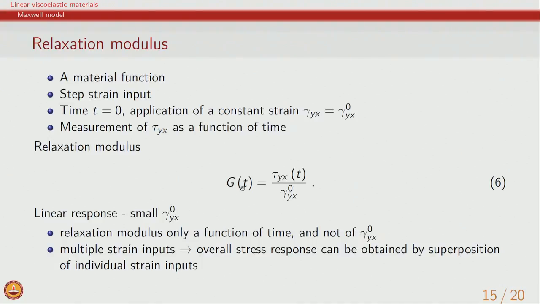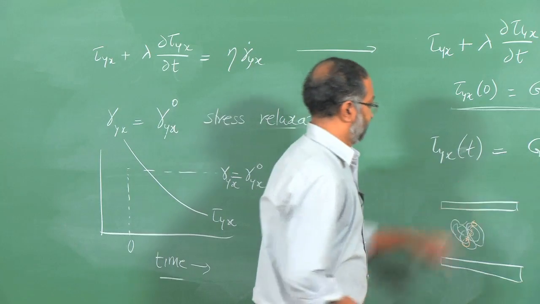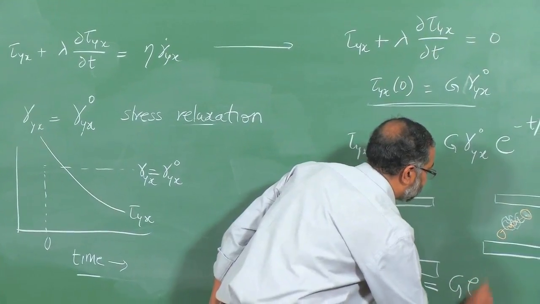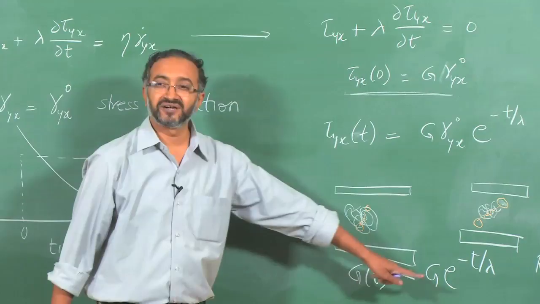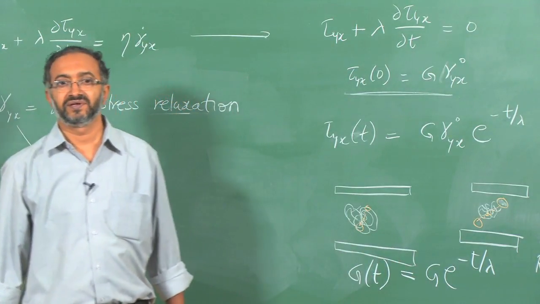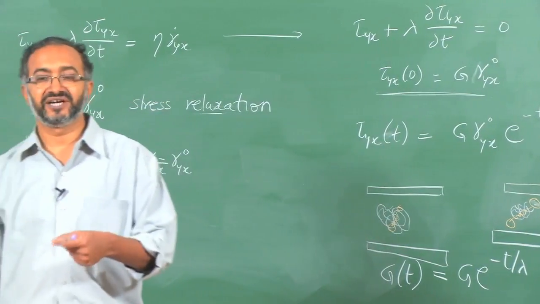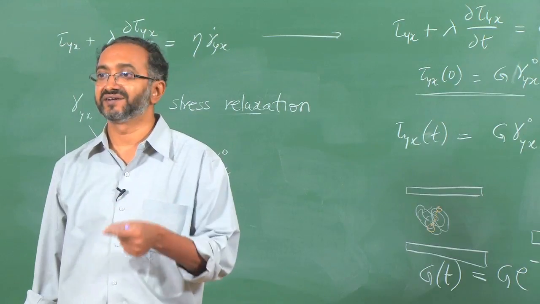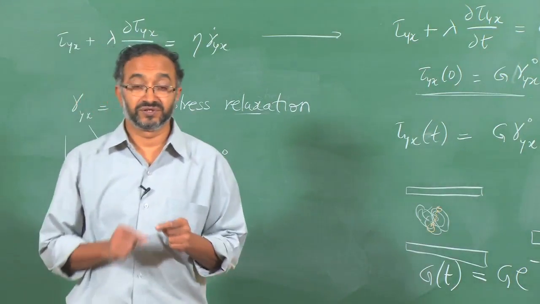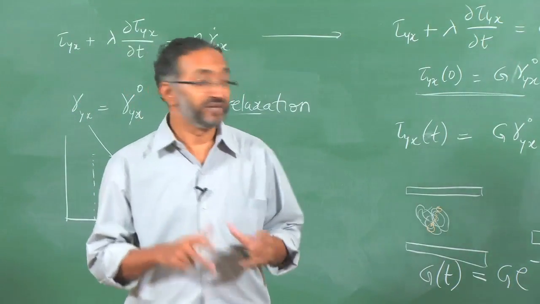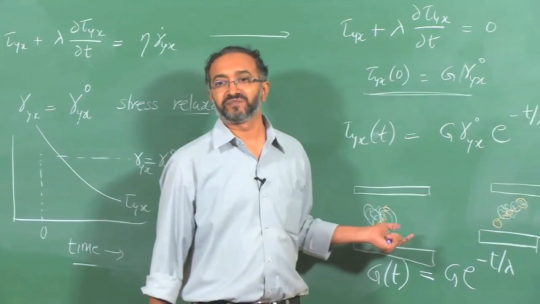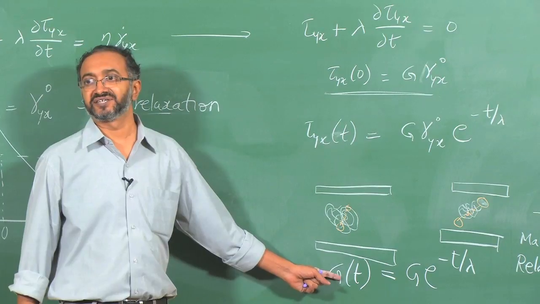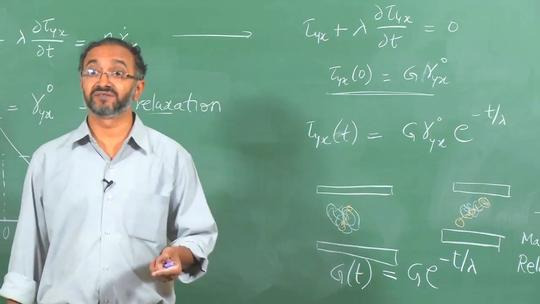The stress relaxation modulus, which we can write here, is G of t equal to G e to the power minus t by lambda. So it is independent of the strain amplitude. Whether I apply 1% strain or 0.5% strain does not affect the relaxation modulus. I am characterizing the material response using a linear regime, and that is where I said earlier that the overall equilibrium structure of the material is sufficient to describe the phenomena. If I apply 0.5% or 1% strain, in both cases the responses can be captured using this relaxation modulus. We will see that for nonlinear viscoelasticity,